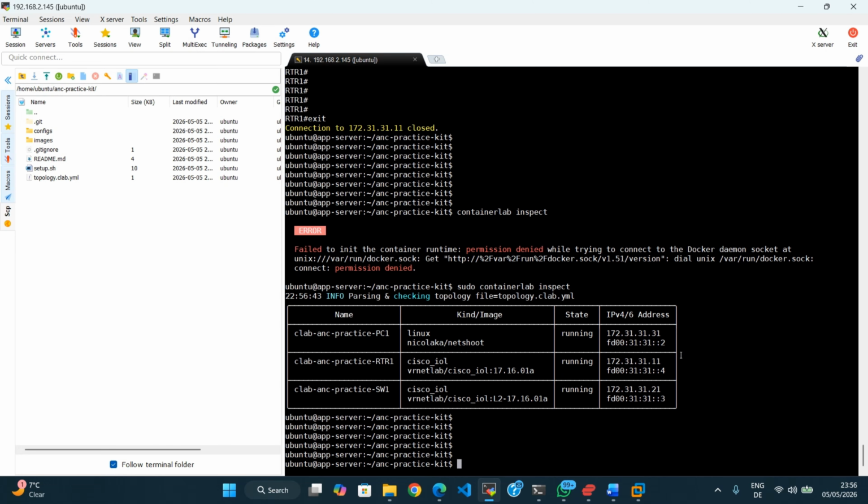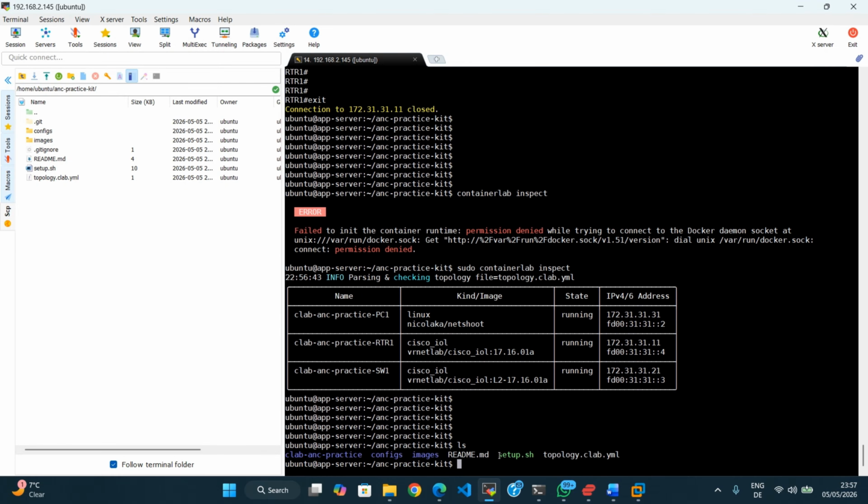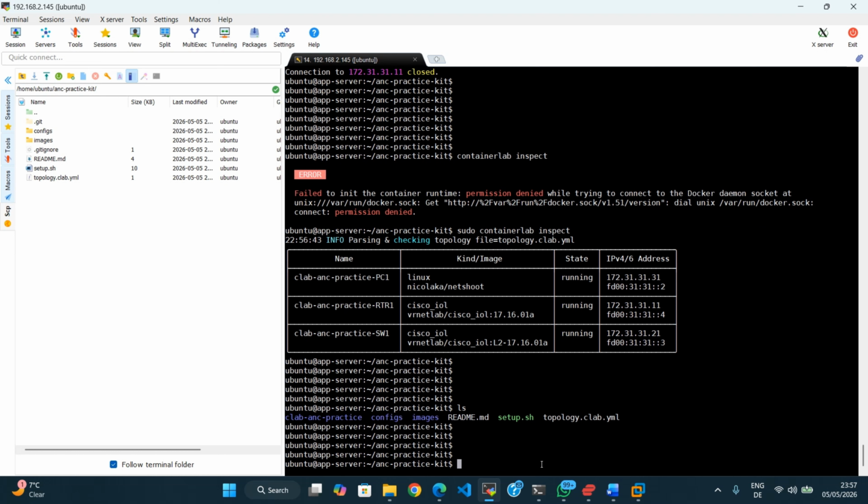So if you already have all these things set up, maybe you already have Docker and Container Lab set up, you really don't need to run this setup script. Once you know you have those two set up already, you can just do the Container Lab deploy. Okay, but before I deploy, if we check Docker processes,